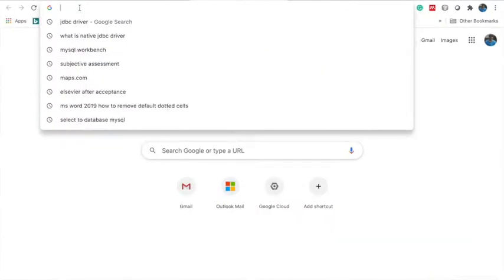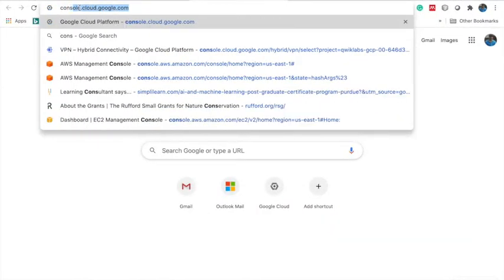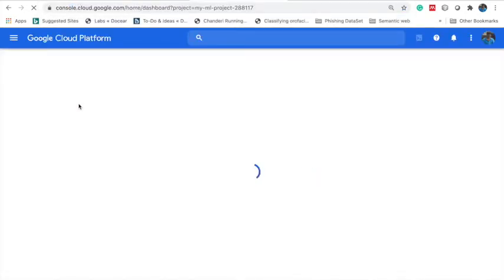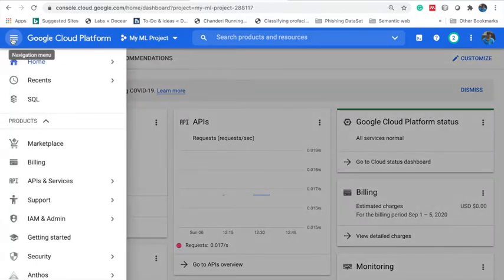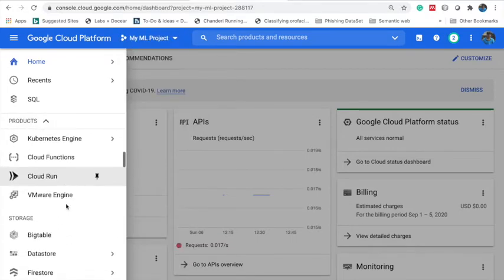Go to console.google.com, cloud.google.com. This is the dashboard of my Google Cloud platform. In this, GCP offers various services.